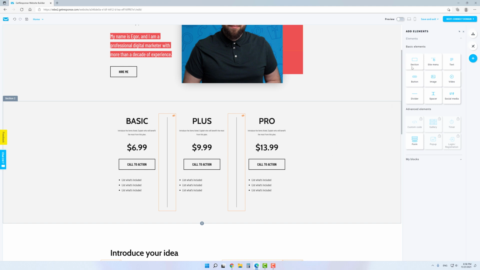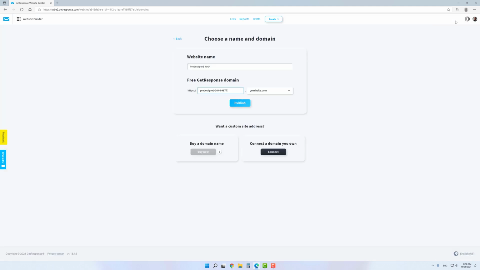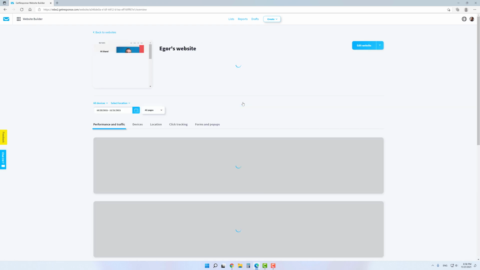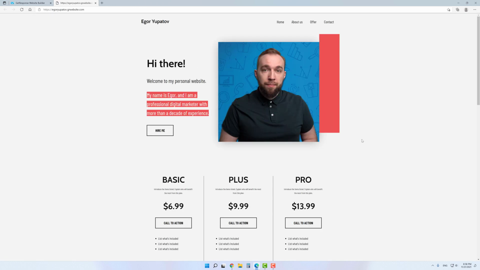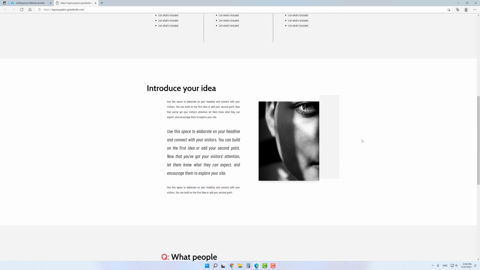To do that, click the Connect Domain button in the upper right corner, and then you will be taken to the page where you can choose whether you want to publish your site on a free domain or connect a custom one. It's entirely up to you. However, I can't help but notice that people tend to give much more credibility to second-level domains rather than the third-level ones. One way or another, once you've done, click Publish. And actually that's it. Now your website is available to everyone on the internet, and you can start driving traffic to it and getting leads.